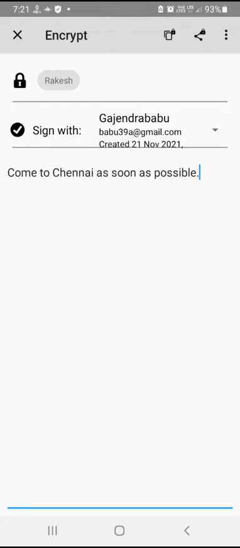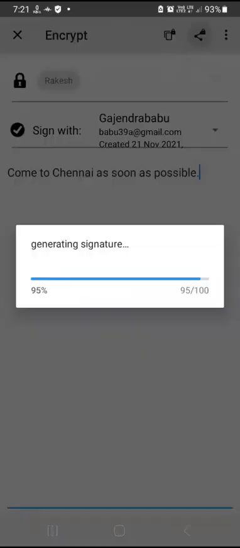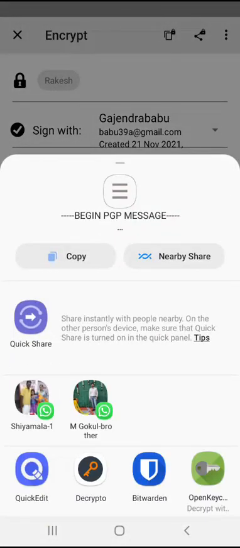Now I am going to send this message using the share icon, the second icon from the left, the center icon of the three icons. So select the share icon, which is at the center of the top bar, and now the message has been encrypted and copied to the clipboard.